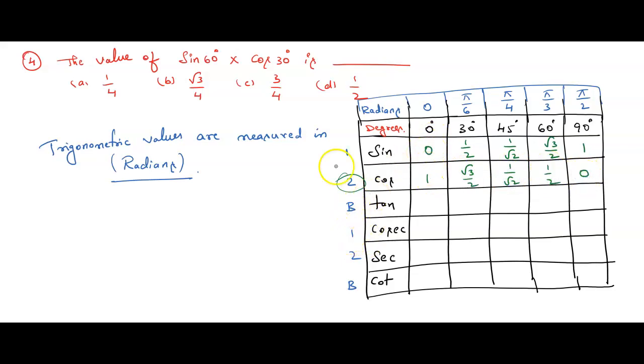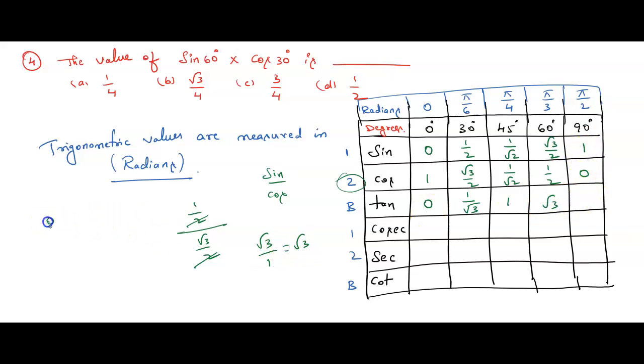Break means we have to do sine by cos is tan. Sine divided by cos. 0 by 1 is 0. Here what is there? 1 by 2 in sine 30, whole divided by root 3 by 2, cos 30. You can see denominator here also 2 and here also 2, both will get cancelled. So what is left out? 1 by root 3. Similarly, 1 by root 2 and 1 by root 2 get cancelled, 1. Here denominator 2, here also denominator 2 get cancelled. Root 3 by 1. See, children, root 3 by 1. We also write that as root 3.